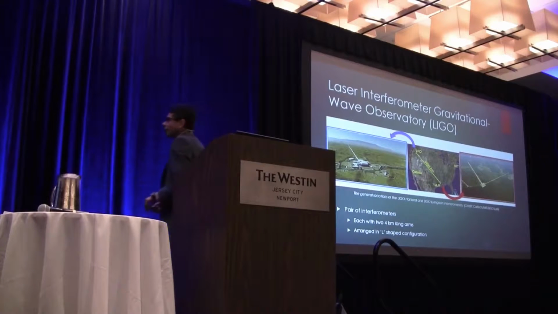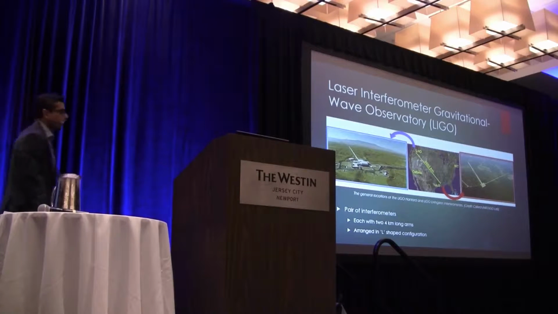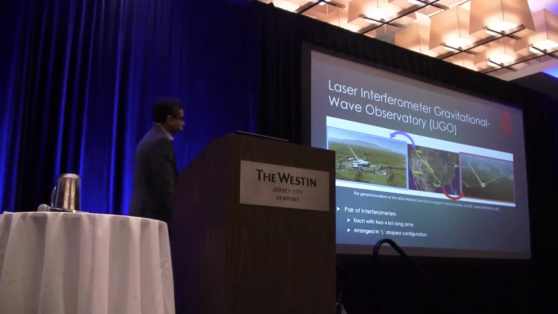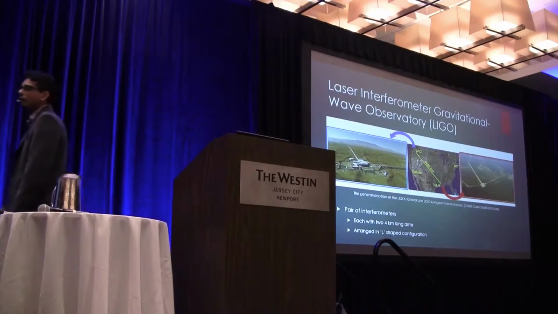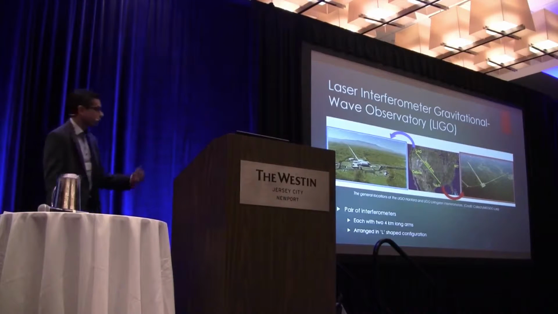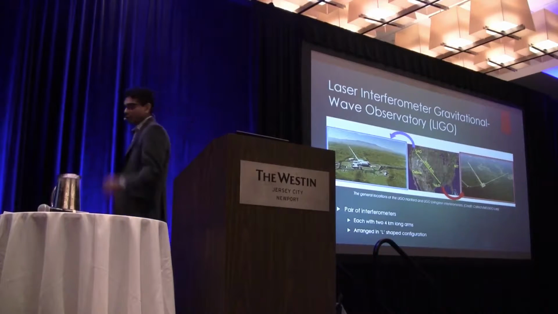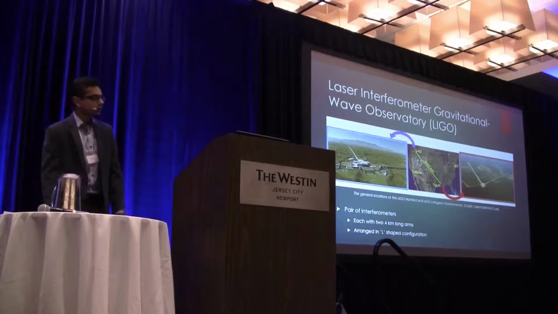Right, so that's where LIGO comes in. LIGO is the Laser Interferometer Gravitational Wave Observatory, which made this monumental discovery. LIGO is an observatory which is located here in the US. It actually consists of a pair of detectors. One of them is in Hanford, the other one is in Livingston. They're separated by 3,000 kilometers, which is important, and I'll come back to why it's important. Each one of those detectors is actually an interferometer, and I'll explain in a second what interferometry is.